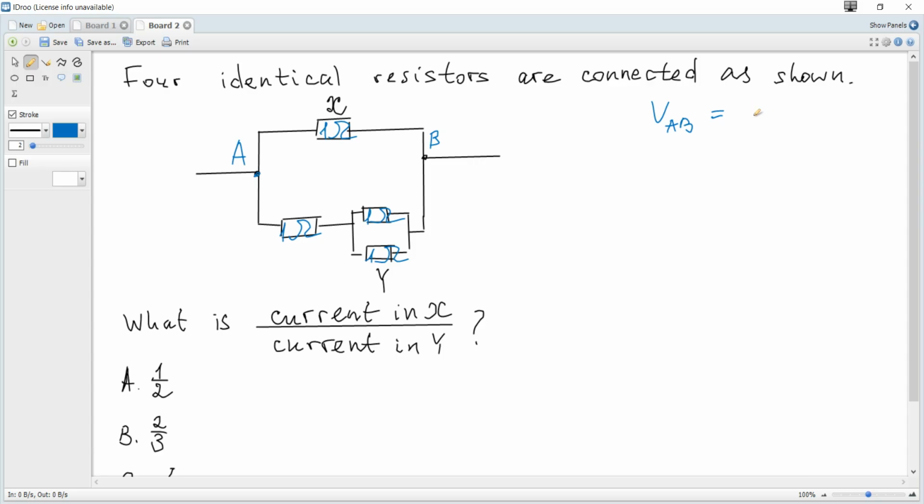And we know that voltage in parallel is the same, so voltage across X is 1 volt and resistance is 1 ohm, hence current for X can be calculated. It's voltage over resistance, so it's 1 over 1, so it's 1 amp. And if we consider these two resistors as one